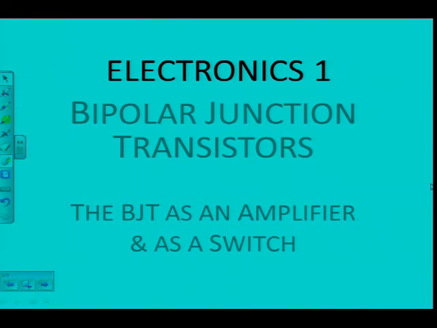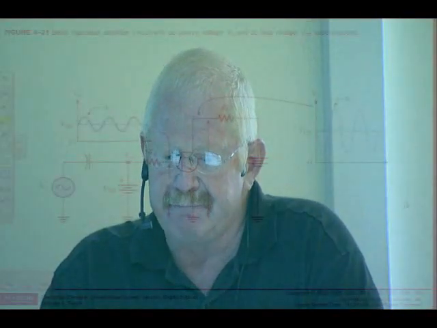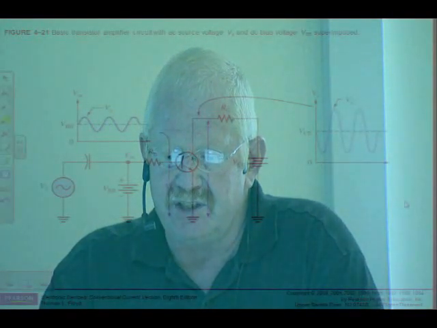Okay, we're still busy with the bipolar junction transistor chapter. The next section that we're going to do is the BJT as an amplifier and as a switch. We've mentioned earlier, mostly the transistor is used for amplification and for electronic switching. Anyway, let's go and look at the circuit diagram of a basic transistor amplifier with the AC source voltage Vs